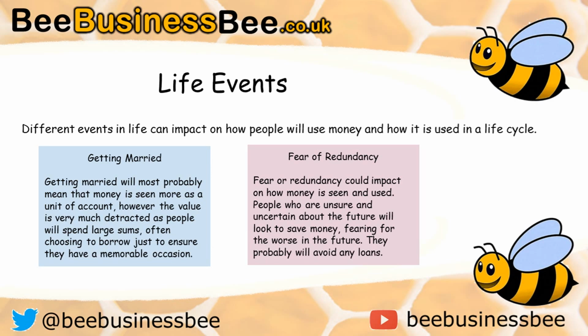Your different life events can actually have an impact on how you use money and how it's impacted in the life cycle. Now, we could be here all day looking at these, but some of the ones I just wanted to pick out which could possibly have an impact on a standard life cycle we think about. So, for example, getting married could potentially mean that money is seen as more of a unit of account, and the value is actually very much distracted away from the event